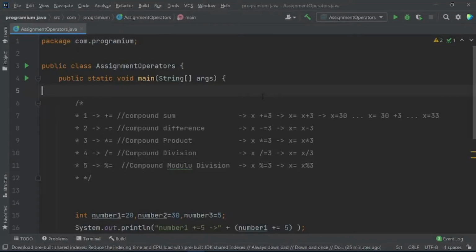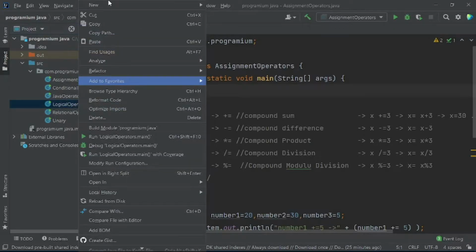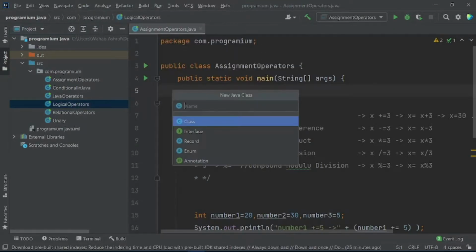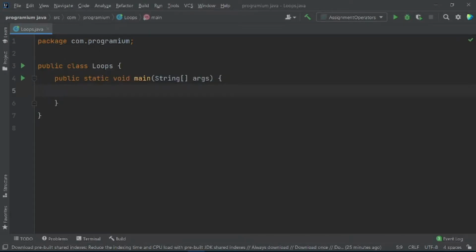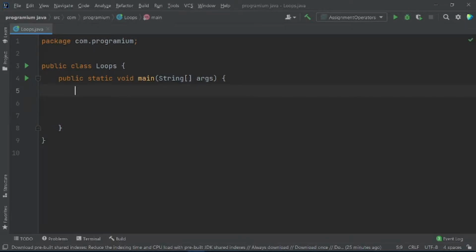So guys, now I have opened my IntelliJ IDE. Let me just create a new Java class here by the name of loops, and I am closing all other tabs, and let me put our main method here. So guys, before telling you how to use loops, I will first tell you what kind of loops are available in Java. So I am putting a multi-line comment here, and here I am writing, there are